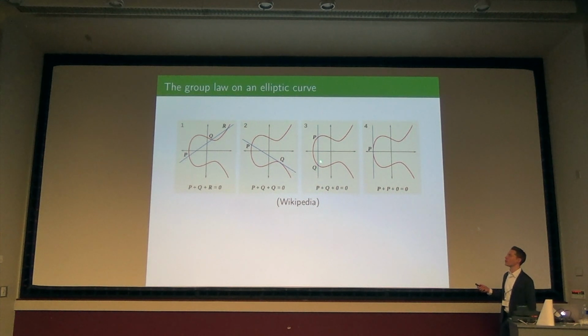Here is the situation where the line only intersects the curve apparently in 2 points, but the answer is there's a third point that intersects that, which is the point at infinity. And that point at infinity needs to be put in both for this to make sense in a uniform way, but also because we need an identity element in the group. So I warned you about projective equations. We were going to have to see what happens when we let x and y go to infinity.